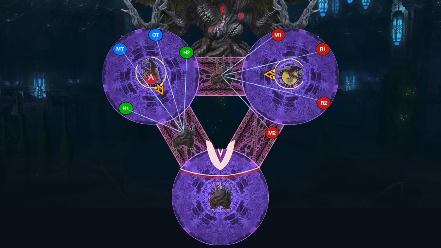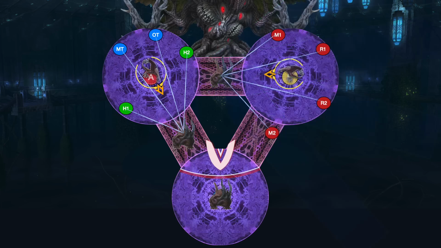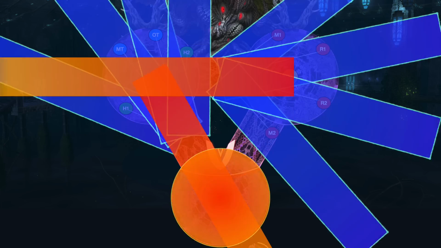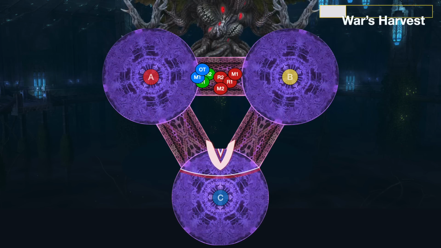If there's not a bird aiming down your bridge, like in this case, then you can use the bridge as extra room to be able to spread to make this even more comfy. All of the line AoEs go off at the same time as the birds, and as long as you're positioned here, you'll survive. The final combo is